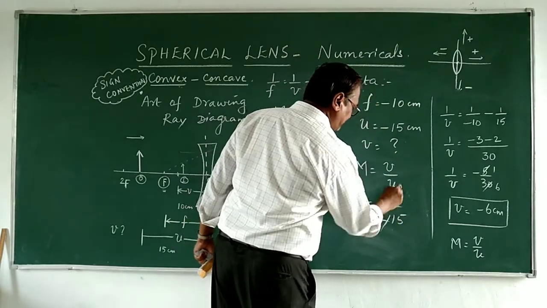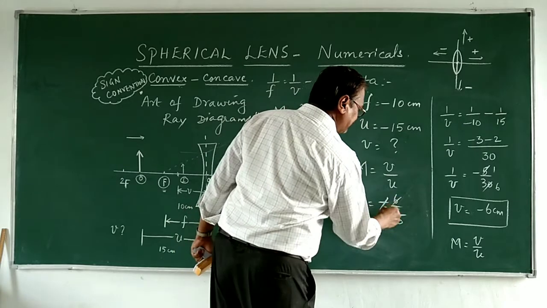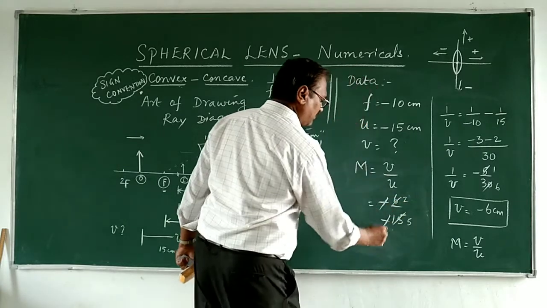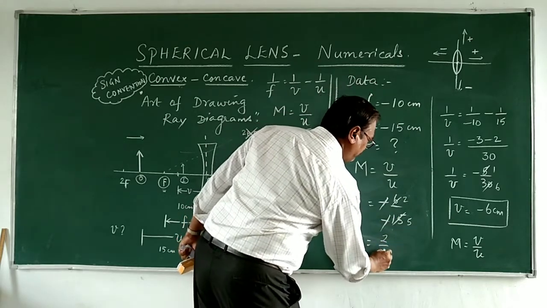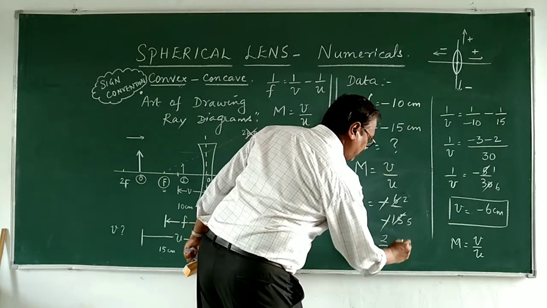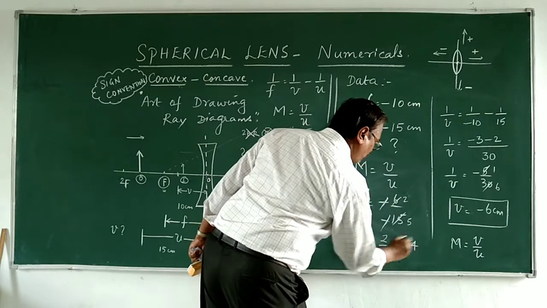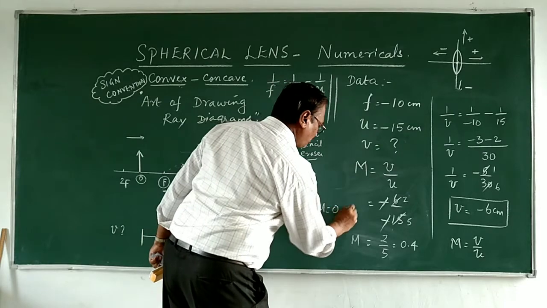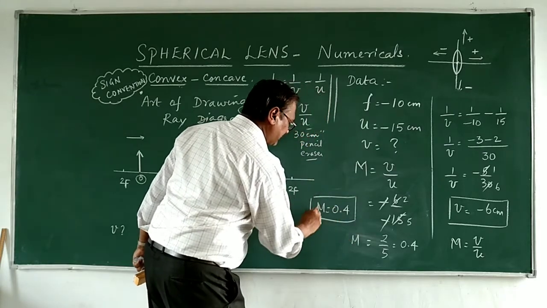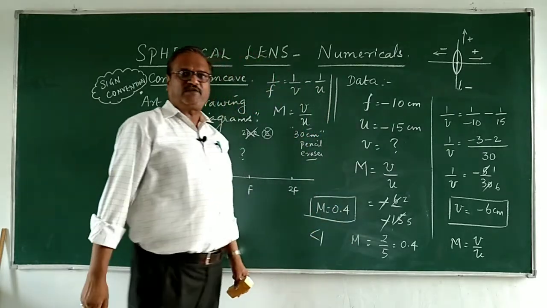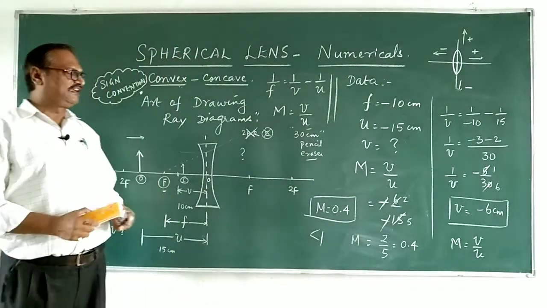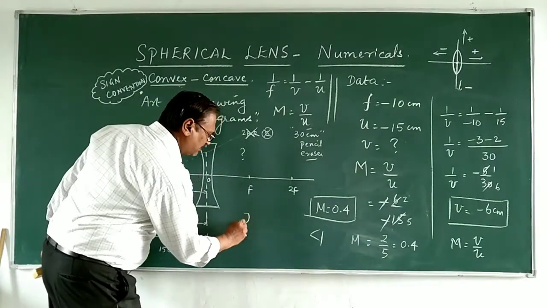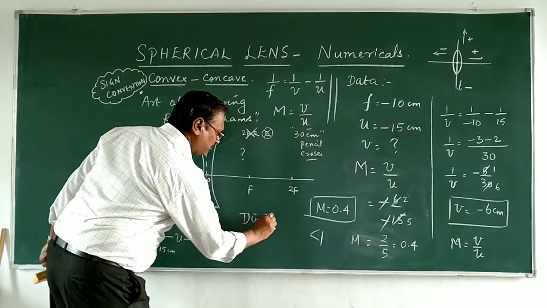So minus and minus goes plus. 6, 3 we can try, 2 times, 5 times, that is 2 divided by 5, that is 20 upon 5, 0.4. So magnification does not have unit, is 0.4, that means it is less than 1. When it is less than 1, naturally the image is diminished image. The image is diminished image,